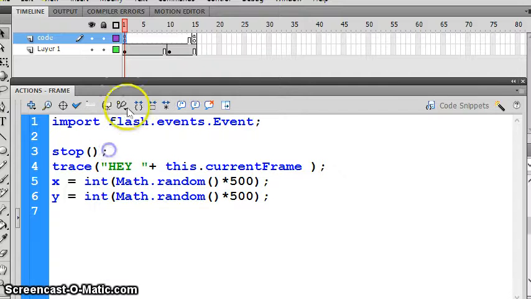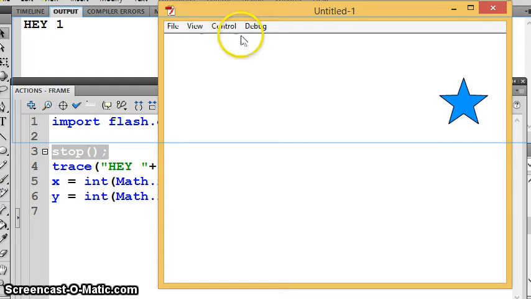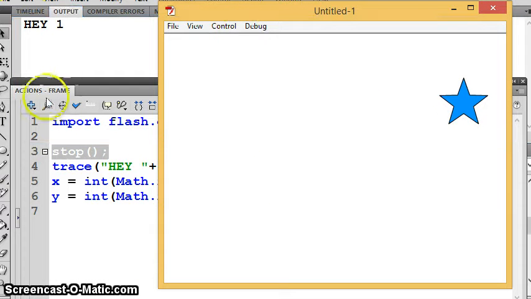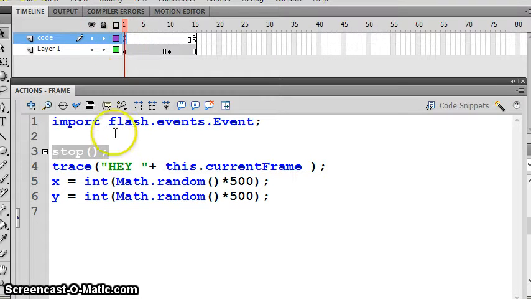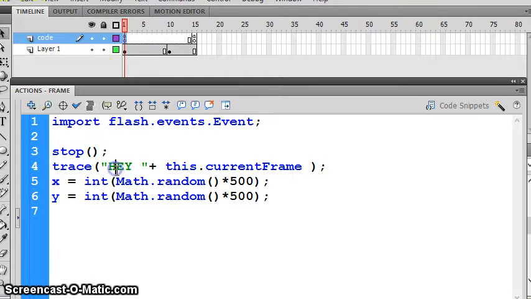So if you throw in a stop on frame 1, you'll notice this star only hits frame one time. It only hits frame one time because as soon as it got to frame 1, it stopped. It did this, teleported, done. It never came back to frame 1 for any reason. So, if you have some instance where you need to stop it, but you still want something to happen repeatedly, don't forget about